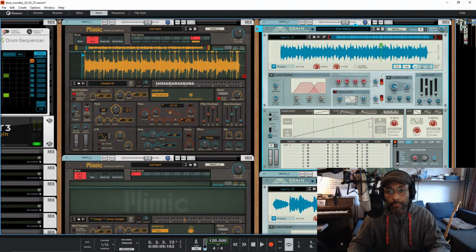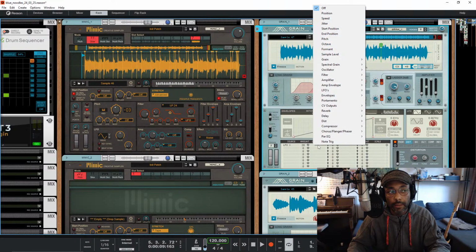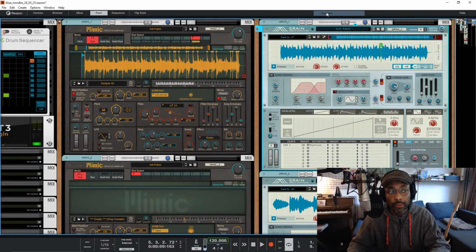But also, to have less hands-on automation, let's put this LFO to the position of the playhead, and then we will see this is going to be oscillating left and right. Let's reduce the speed because this is not making sense.